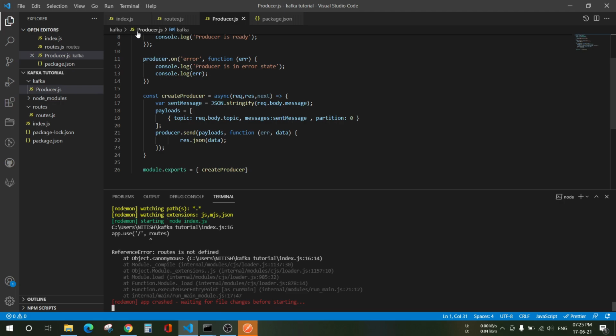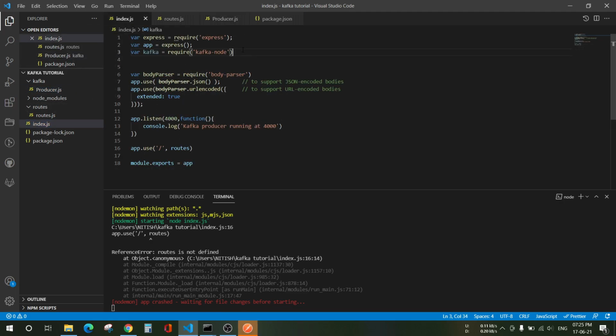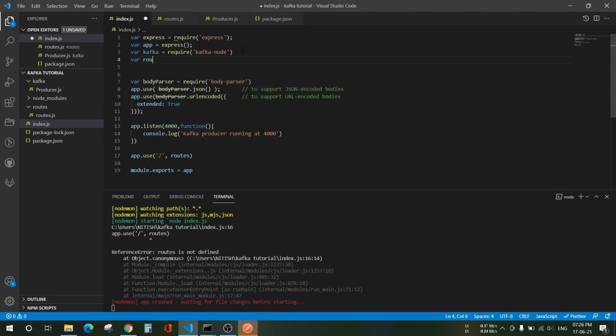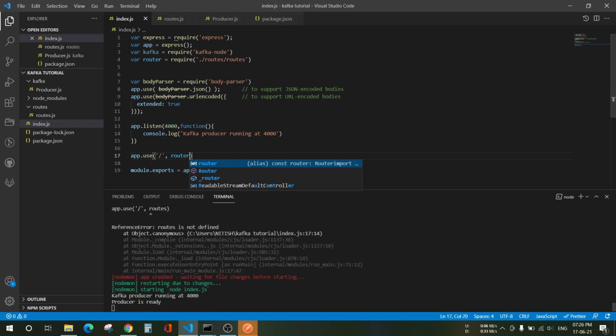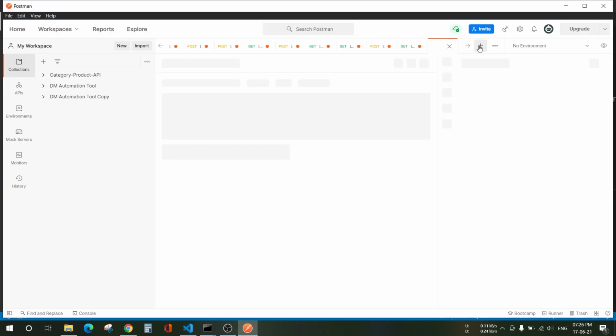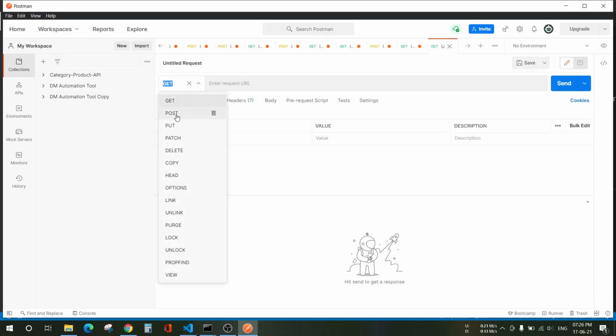Okay, routes. So in index.js, we have to require that routes file. Cool. Yes, now it is up and running. And we'll go to Postman, open a new tab, and it will be a post call.